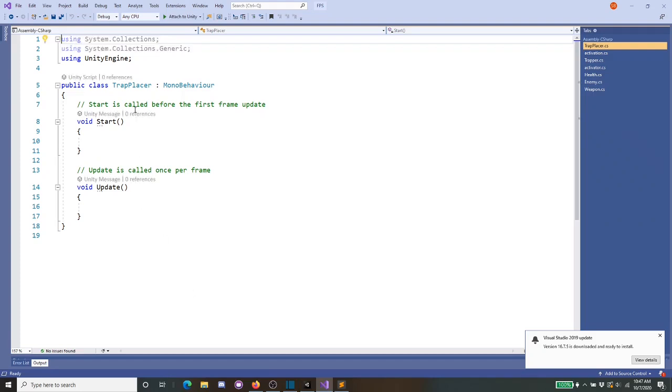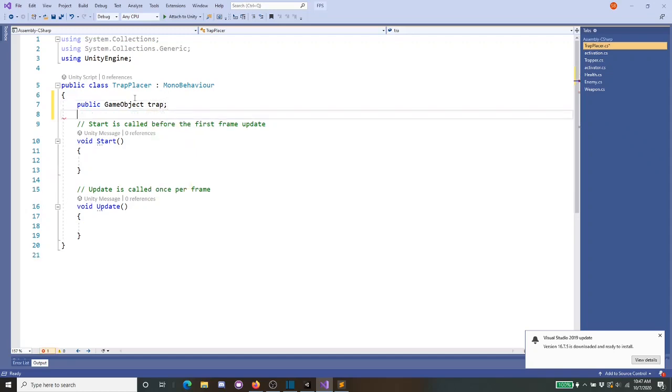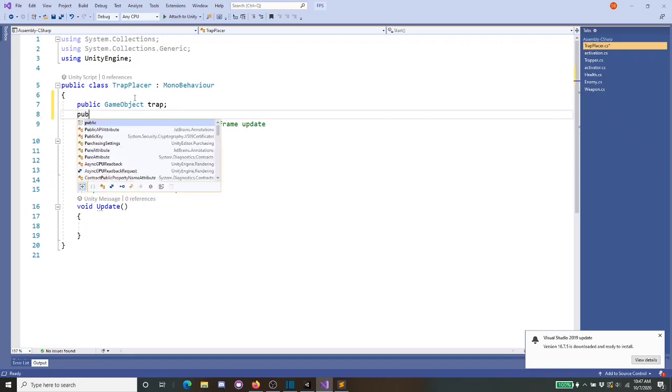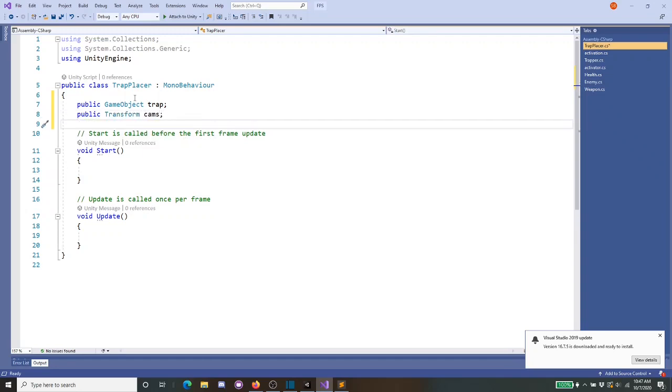So what we want to do is that first we need a reference to the game object. So public GameObject trap, and then because we want to be able to place it right at the center of our screen, we need a reference to the position of our camera. So public Transform cams, and lastly we need a layer mask called public LayerMask